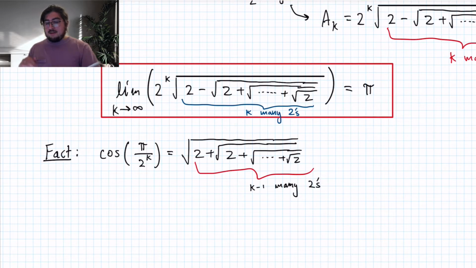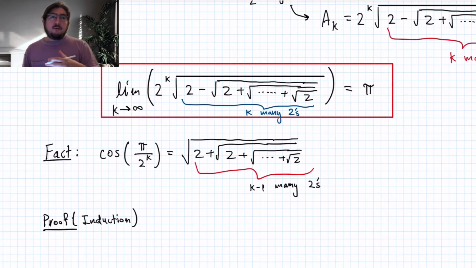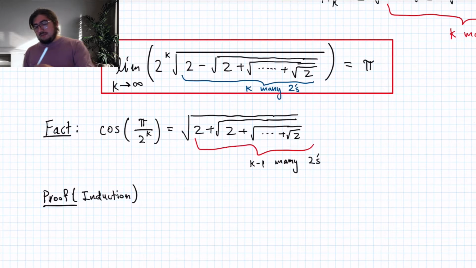Great. But now, how do we show this? There's actually a way of showing this by induction. So there's a proof of this fact by induction. Induction, if you don't know, assumes that something is true up to a point, and then you show that it's true for the next value. When I say point, I really mean a positive integer value. So in fact, we'll use what is called a base case